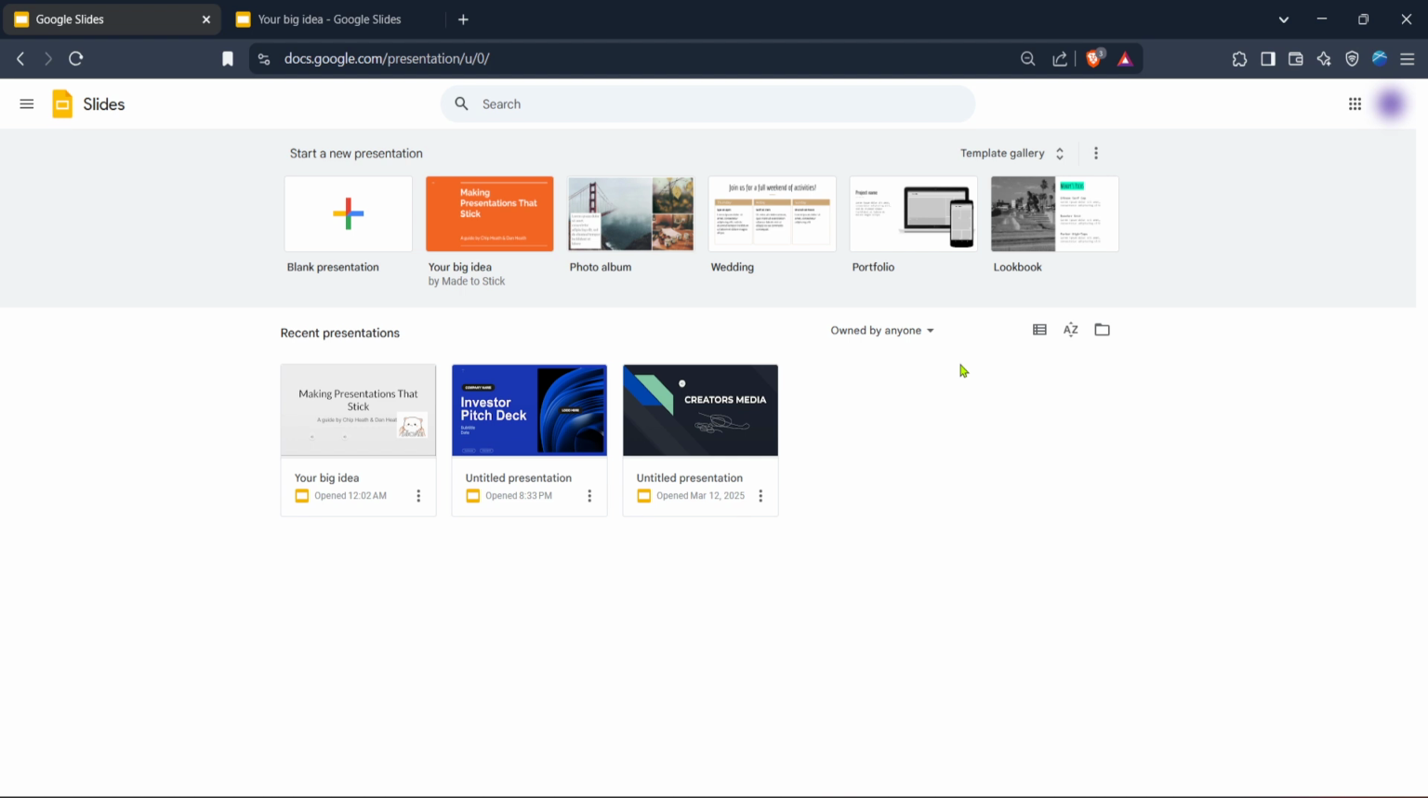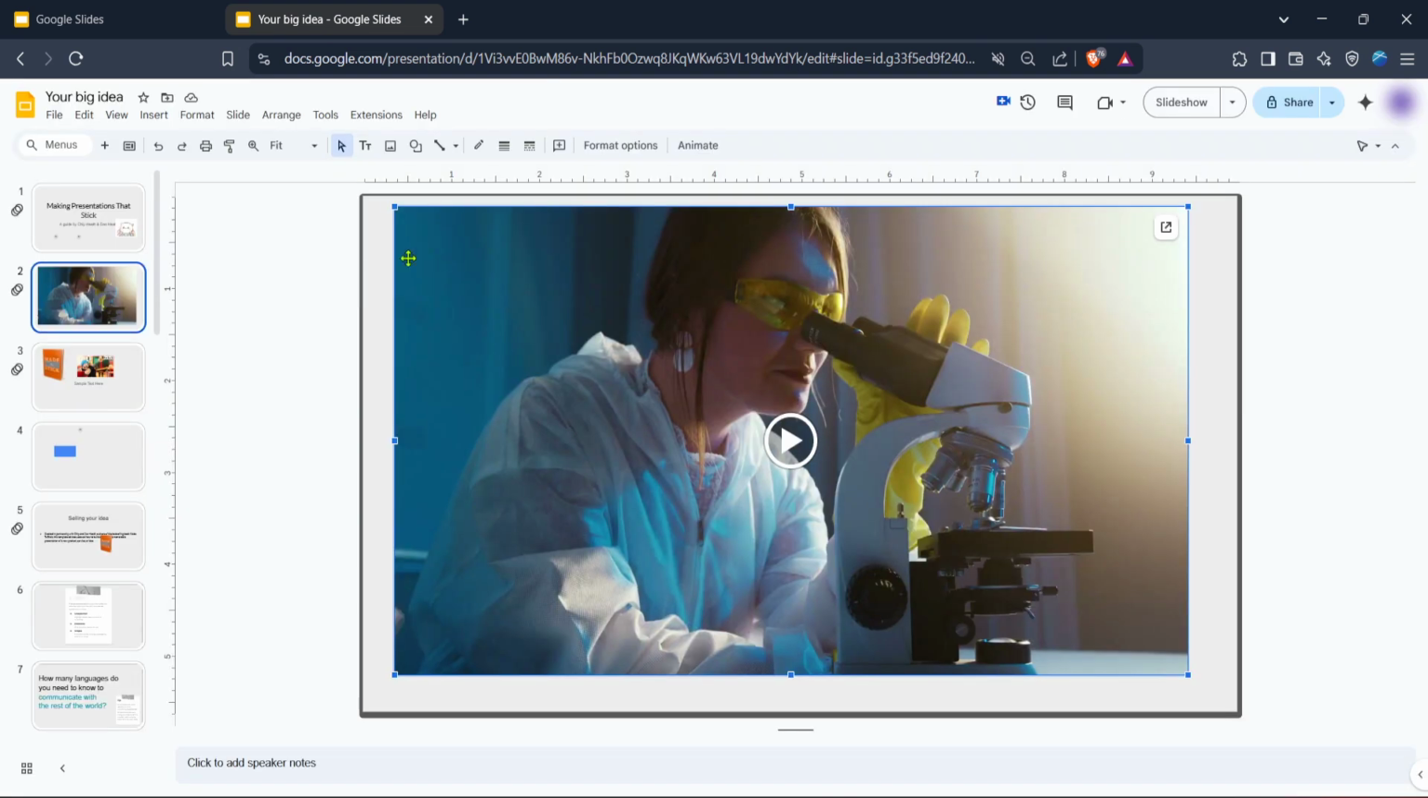With our new presentation open, let's shift focus to the top toolbar. Locate and click on the View tab. A drop-down menu will appear. From this menu, select Slideshow. This action will switch your current view and display your slides in full screen mode, which is perfect for running